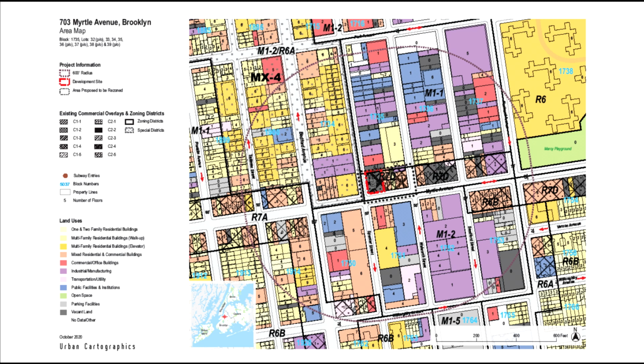So the rezoning here, as we'll see in the tax map and the area map to follow, merely extends that context 1 block to the west. You can see here in red is the development site, the applicant's site, which on this frontage is currently zoned M1-1. But you will see that the 2 blocks to the east were part of that 723 to 733 Myrtle Avenue rezoning. I think the area map really well demonstrates why R7D/C2-4 is particularly appropriate,